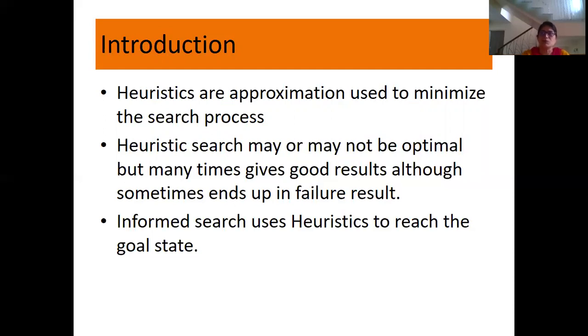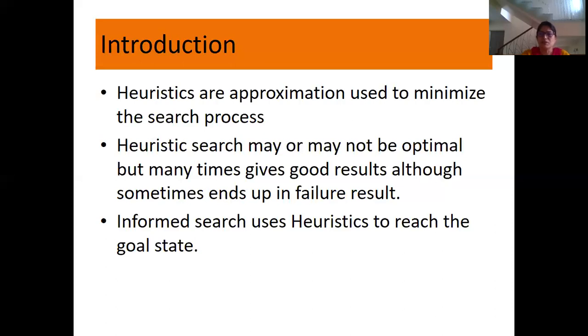Such problems may be computer vision or speech recognition. Then there are problems for which exact solutions are known, but computationally it is infeasible to solve them, like the chess game, Rubik's cube, etc. In that case also you use heuristics, right? So heuristic search decreases the alternatives from exponential to polynomial.